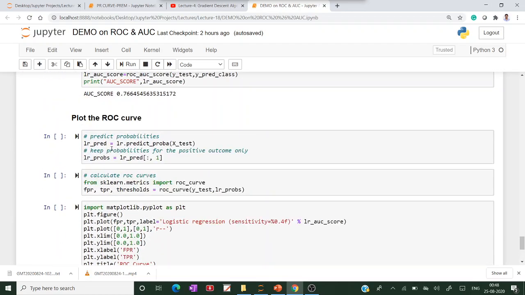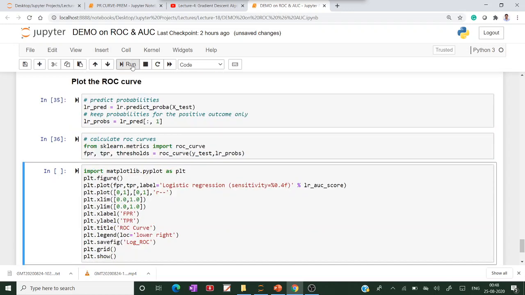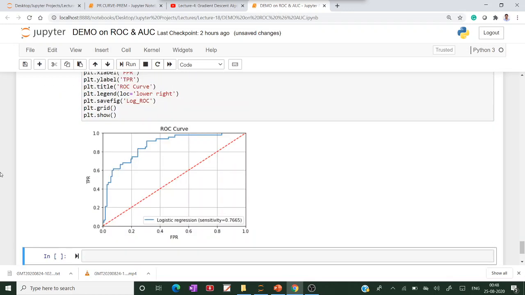So if you execute this, this is the curve.